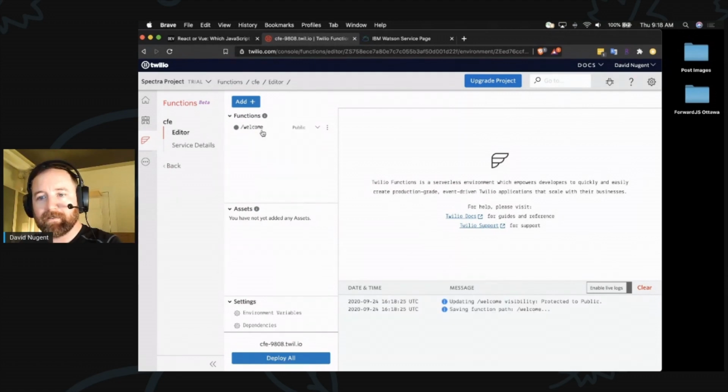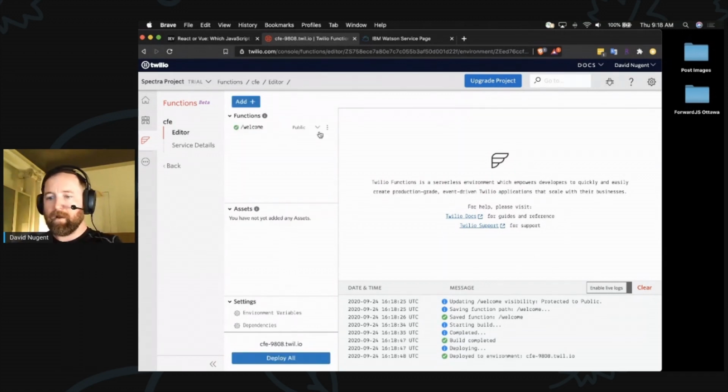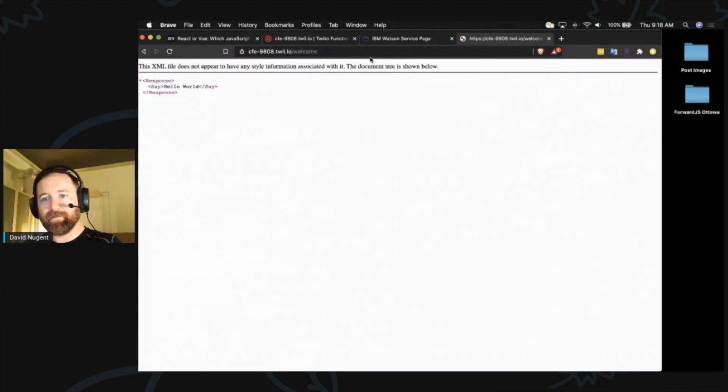So I'm just going to make this public because I don't want to have to deal with Twilio authentication. Click deploy. Excellent. It's deployed. So I'll copy the URL and just paste that into a browser tab, and we get our response back,